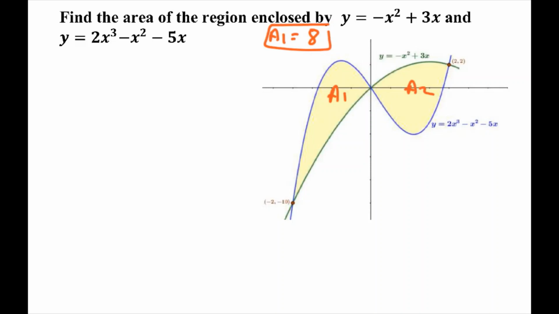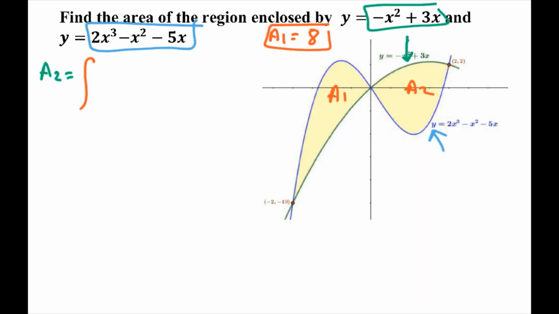So now we are going to start with the second part, which is A2. A2 is equal to the integration from this point all the way to this point here. Again, I'm going to look vertically, and the reason is that it's very clear that the green is above the blue now. So if this is the blue and this is the green, the green is up, so it goes first. And again, if you switch them, you're going to get a negative answer, where you should go back and switch. Minus, and now the blue,